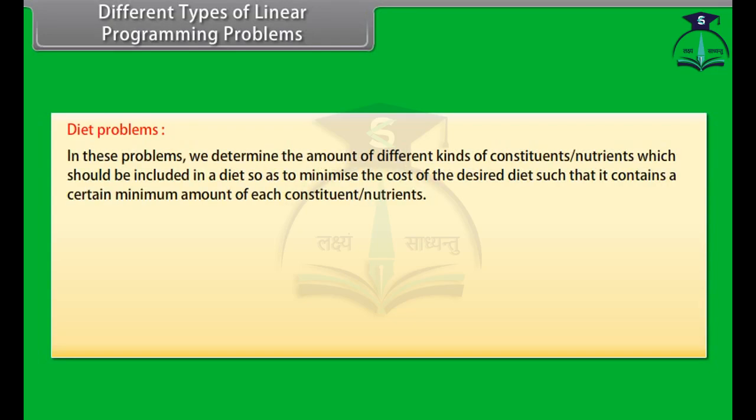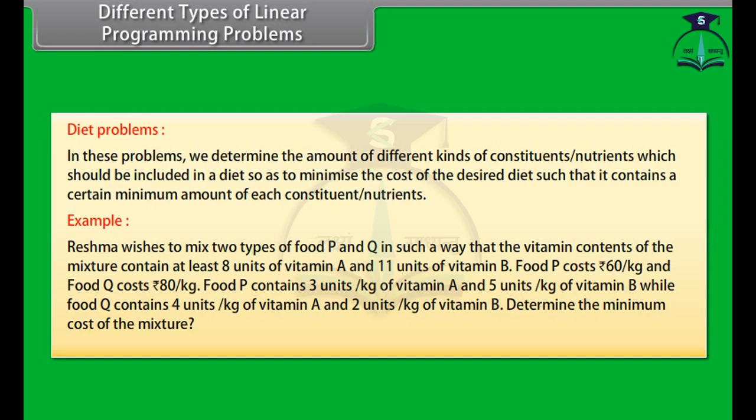In these problems, we determine the amount of different kinds of constituents or nutrients which should be included in a diet so as to minimize the cost of the desired diet such that it contains a certain minimum amount of each constituent nutrients. Example. Reshma wishes to mix 2 types of food, P and Q, in such a way that